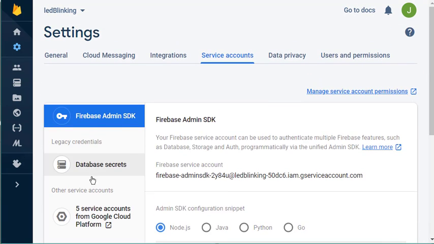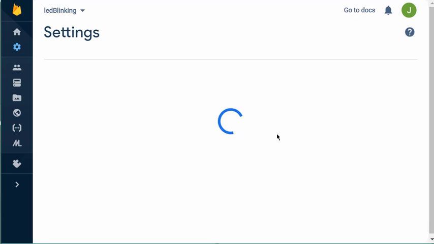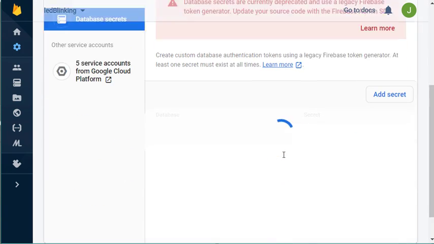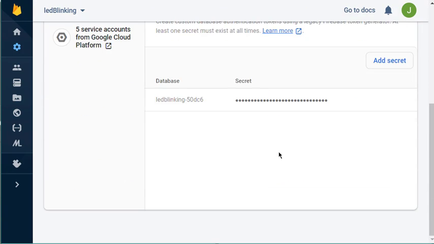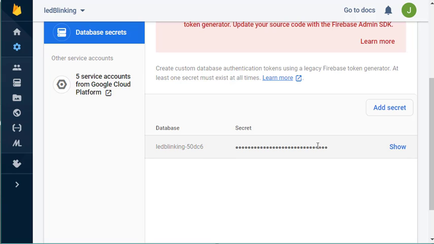Here you will find your database secrets, but I suggest you do not share them with anyone, because anyone who has that secret can access your account. So I'm not showing you. Just copy and paste it in the same notepad. So you have the link of your Firebase database and also the secret key of the database account. Just keep it safe in your notepad.